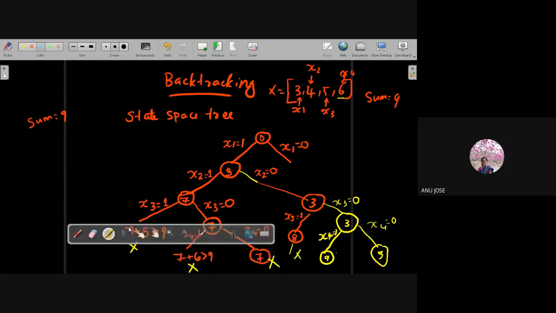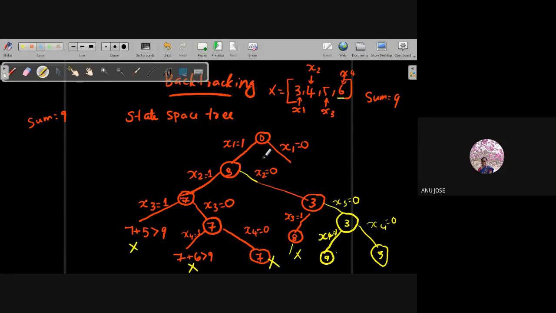So what is that path all about? You can see the path I have selected goes from 0 to 3, and then 3 to 3, and this way it proceeded and we reached vertex number 9. So I got the summation value as 9. Which elements did I include? That will be based on the x1, x2, x3 values.